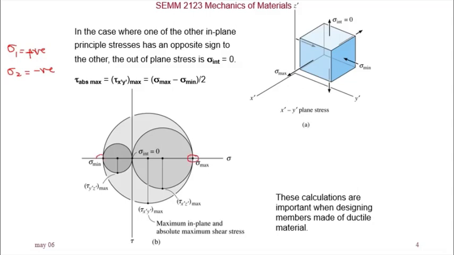That is our in-plane principal stresses. Sigma max, sigma min. While the sigma intermediate, which is equal to 0, is out of plane. And so our in-plane circle is the largest circle, right? And our in-plane maximum shear stress is also equal to the absolute maximum shear stress. So the absolute maximum shear stress is equal to sigma max minus sigma min over 2, which is also equal to the in-plane maximum shear stress. Okay,